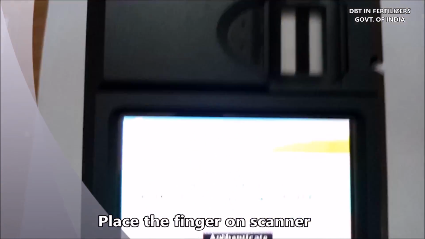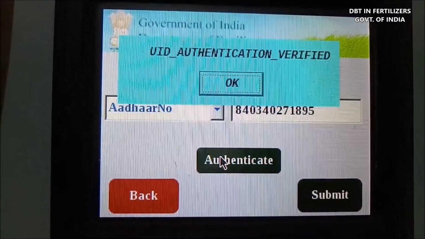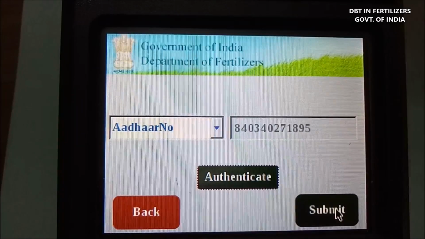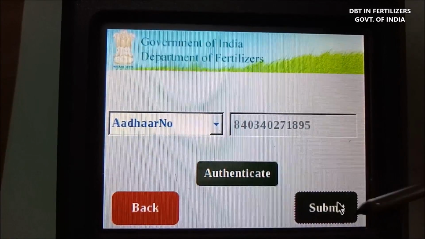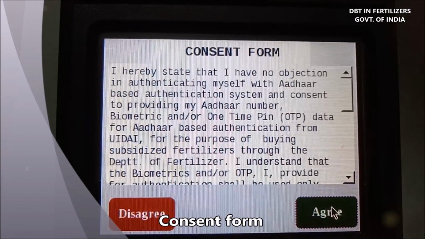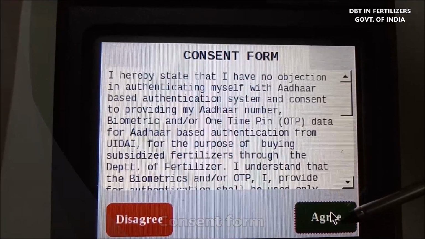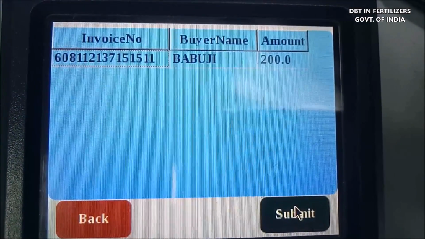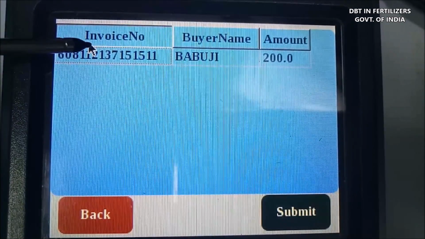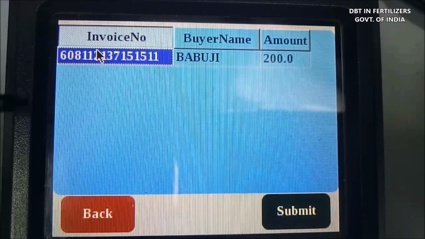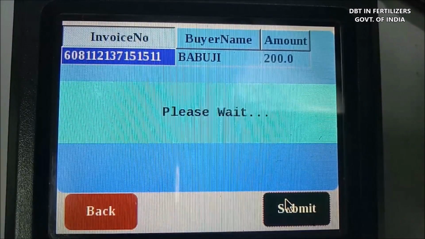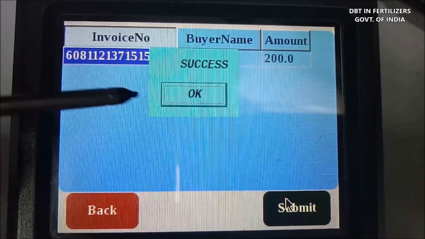a OK button would appear and a success button will appear on successful authentication. Again, the consent form will appear for the farmer to give his consent to capture Aadhaar by the PoS device. The next screen will show the invoice numbers which has been generated in today's account, the farmer's name, and the quantity of fertilizer bought by that particular farmer. To modify the bill, the retailer will select the concerned invoice number,